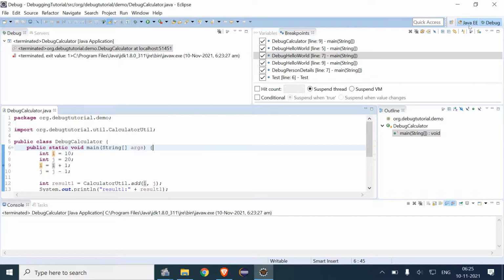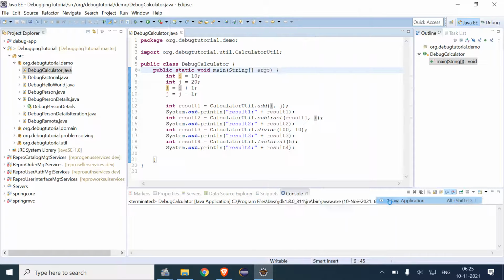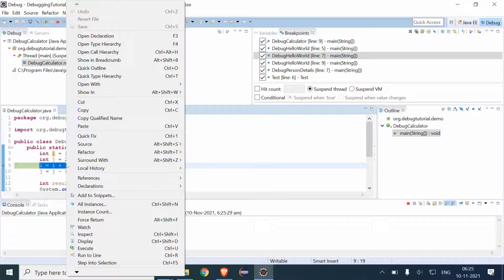So for that I have to first debug the program again, and I have to right click and click on execute.